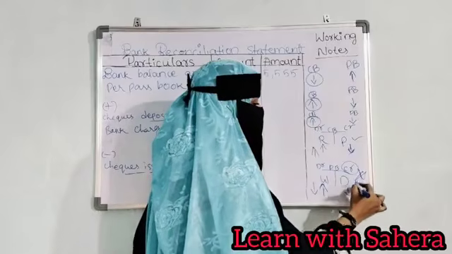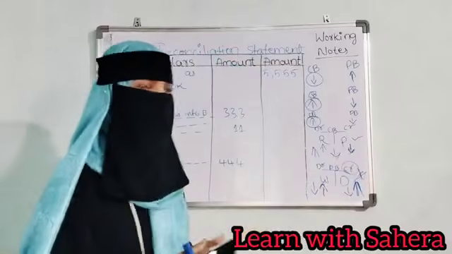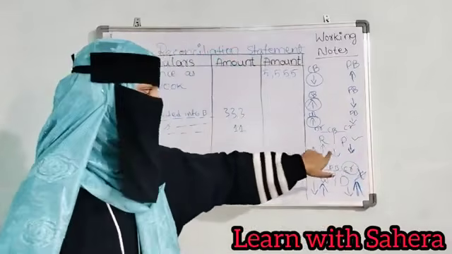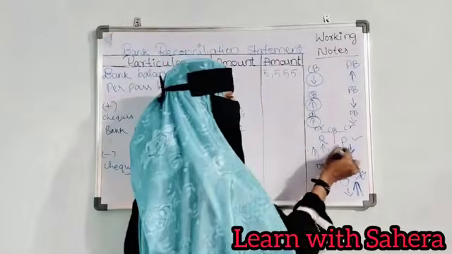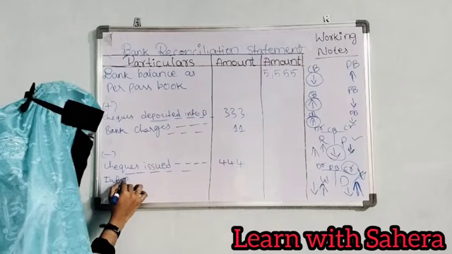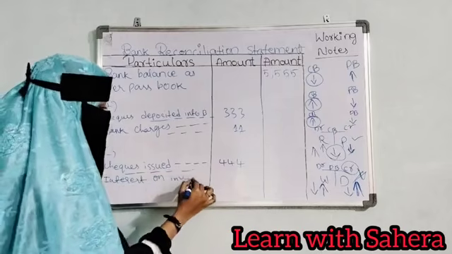In the passbook, money has increased, but in the cash book, money has decreased because we have not done the entry in the cash book. So the amount is decreased here. So what will we take? We will take lesser. So interest on investments. Interest on investments. You write the whole step.